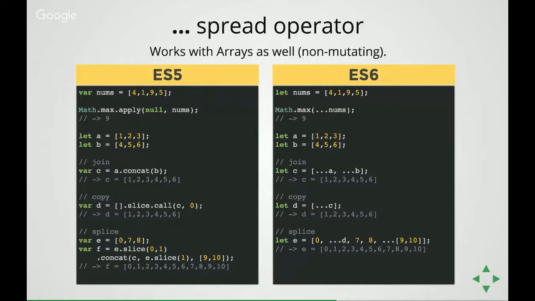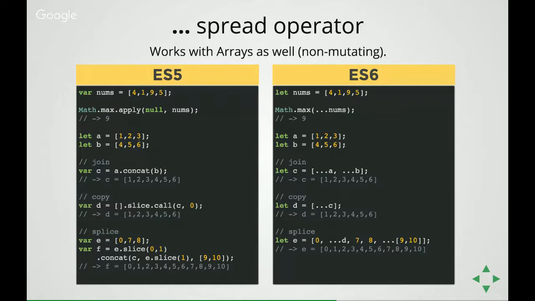In ES5 land, we would typically use call or apply to call that function. Apply actually takes the arguments as an array, call takes them individually, right? So we would do apply here, and then we would pass our array of nums into the max function,